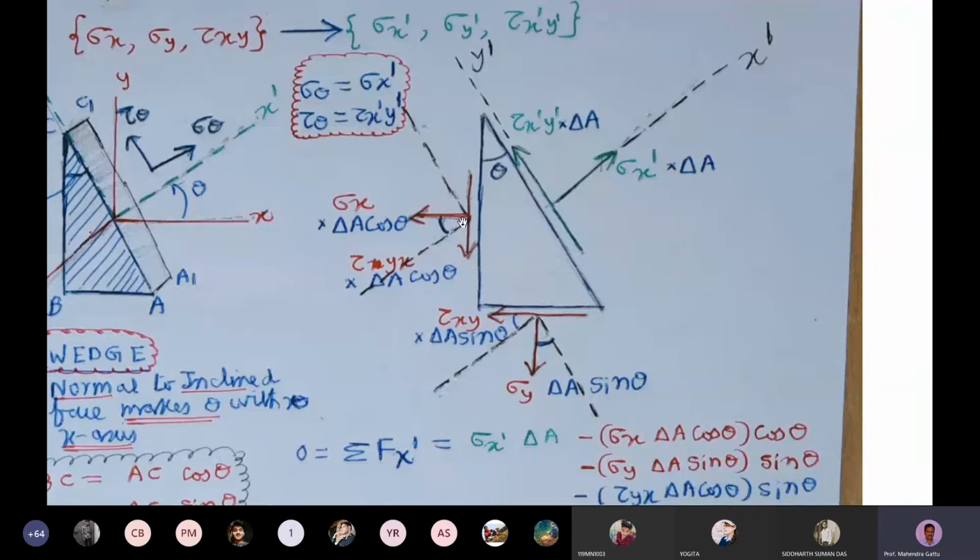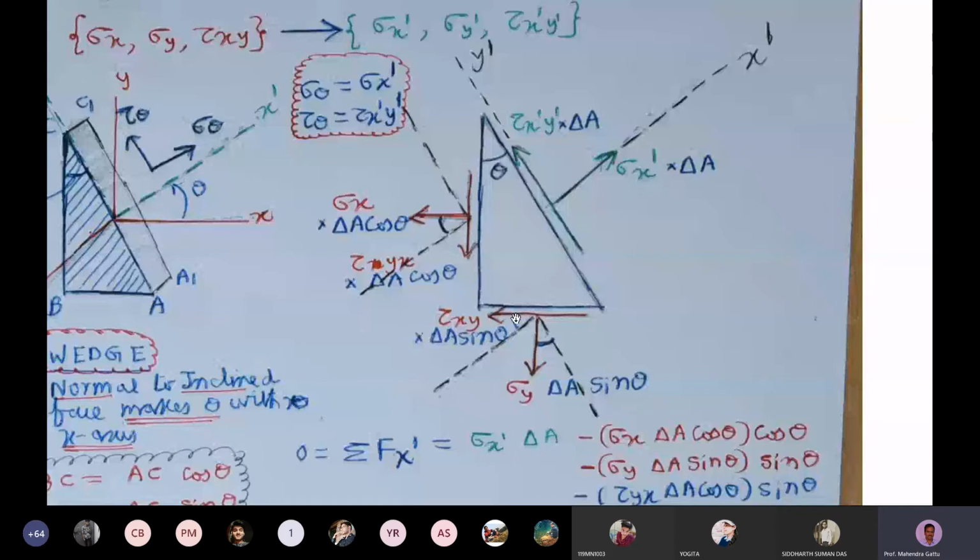So we will now resolve the components along. Before doing that, we'll have to find the angles. So this angle is theta. This angle will also be theta. This will be 90 minus theta, and we'll get back here theta. And here, this angle is theta. These two lines are parallel. So these are vertical lines, these two are vertical lines. So if this is theta, this angle also will be theta. And this will be 90 minus theta. So this angle will be again theta. So with this, our job is simplified.